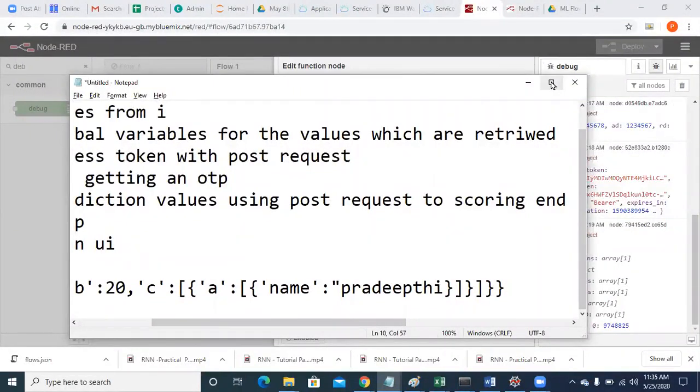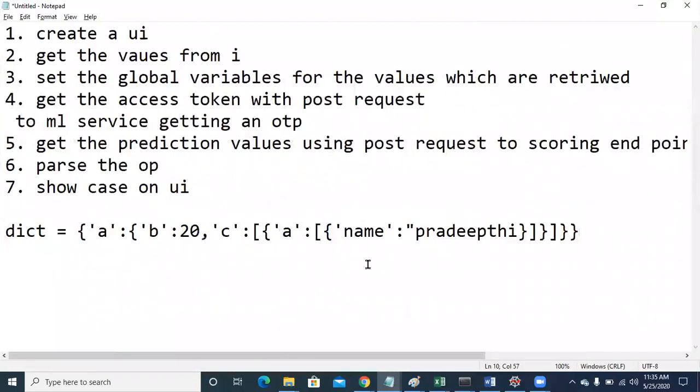Now I have a dictionary object like this. Okay. So how can you grab Pradeepti?